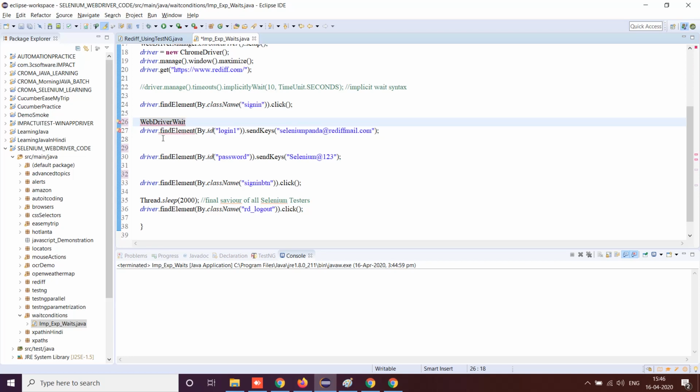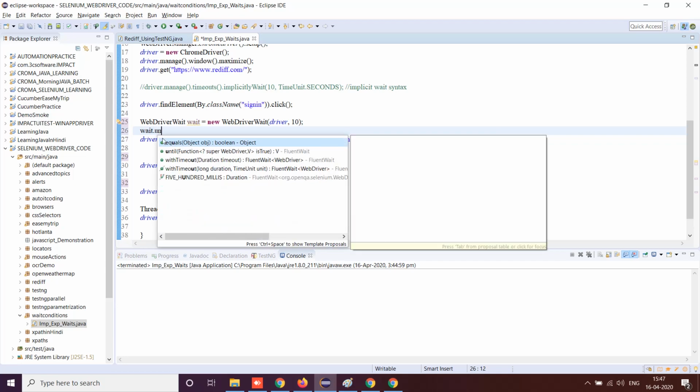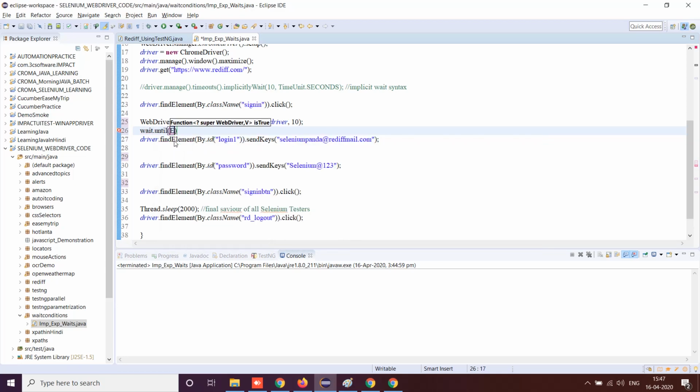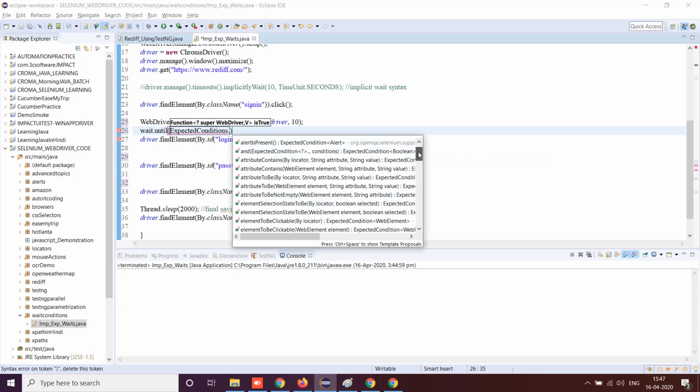This is a class in Selenium which helps you go through those WebDriver explicit wait conditions. I'll tell you first. Let me write.